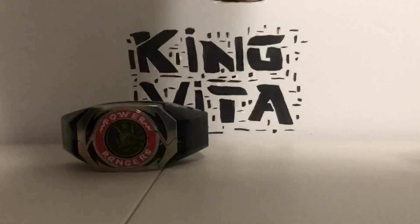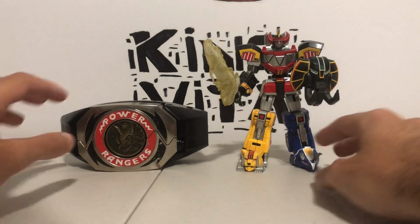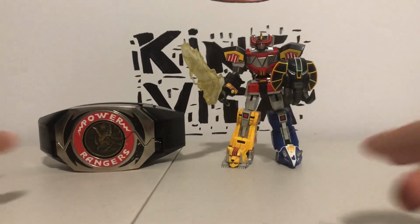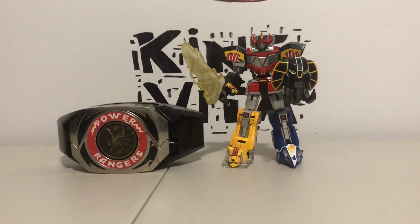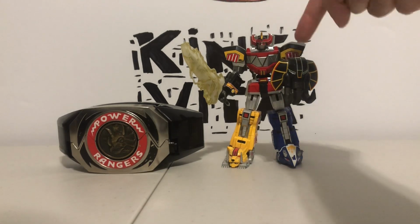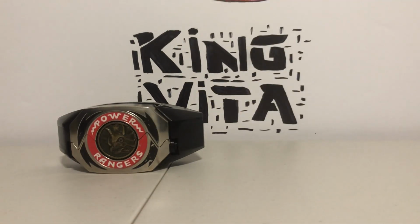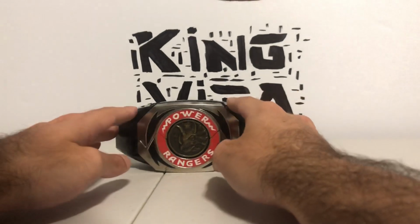And finally, here he is. Here it is, Force of Habit, with the Megazord itself. Nice. I will review him later on, so keep an eye out for that, because I've got quite a lot to talk about with that Megazord. But yeah, there is the